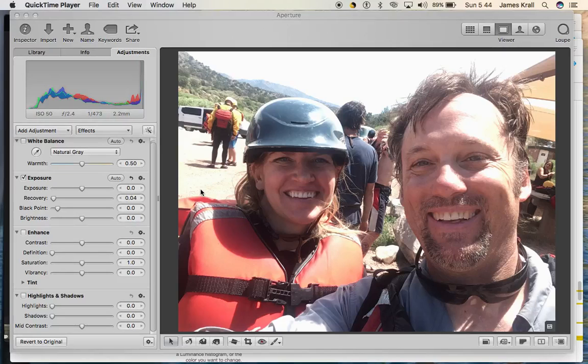All right, we're going to take a look now at how to use a histogram correctly and also how to pull back and gain some highlight detail in those instances when you may have some overexposed parts of your image. Okay, so this is a program that Apple has for photographers called Aperture. It's since discontinued, but I can show you some principles of this program,